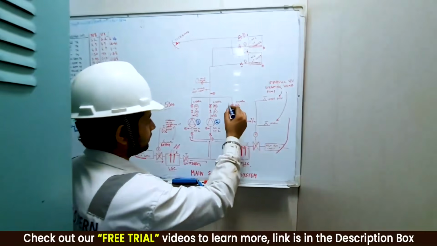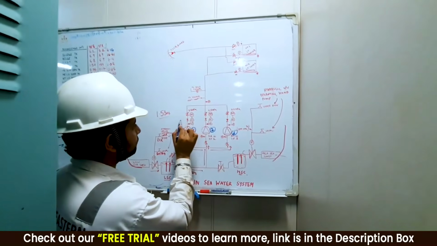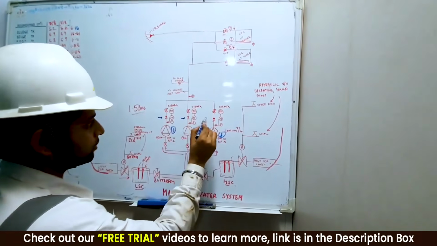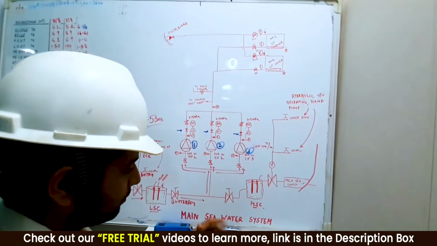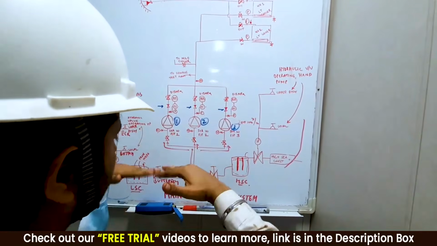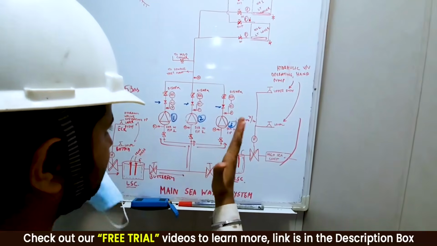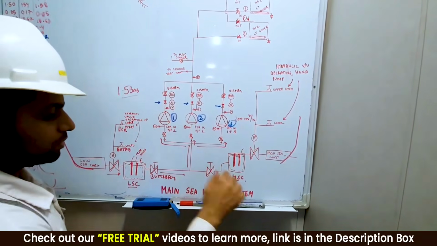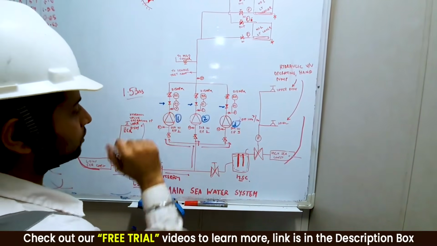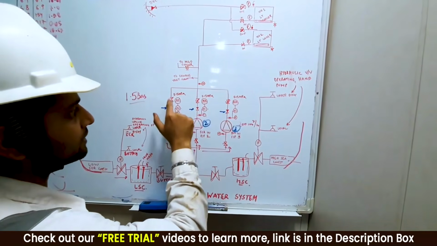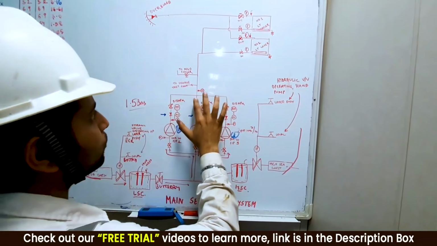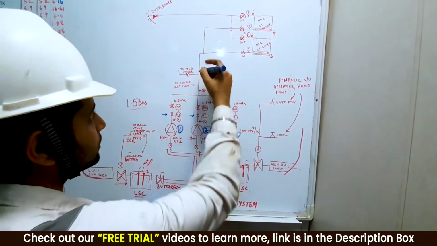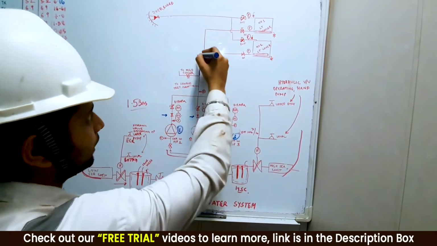So guys, this is what you have understood. Now see, there is a non-return valve fitted over here. You can see these non-return valves in the return line. Now this non-return valve is a flap type, guys. It opens like this. Tick. This is a flap type non-return valve. It opens like this. Copied, guys? So now, when I talk about this non-return valve, why is this given? After that, again a butterfly valve is given over here, so that all these lines are connected together. The seawater is going into a common line over here. Can you see? This is a common line. So it is going to a common line over here.